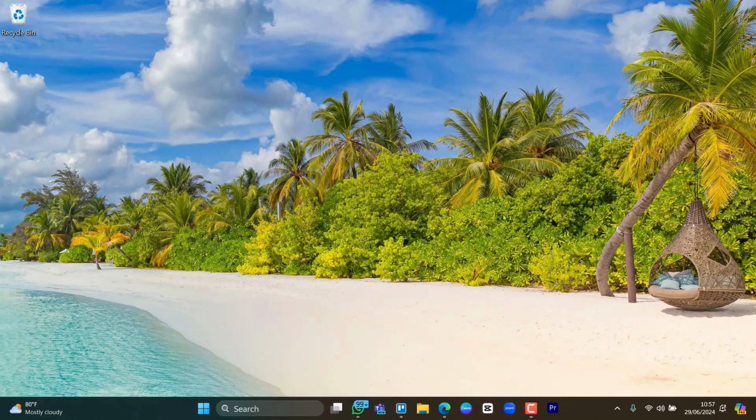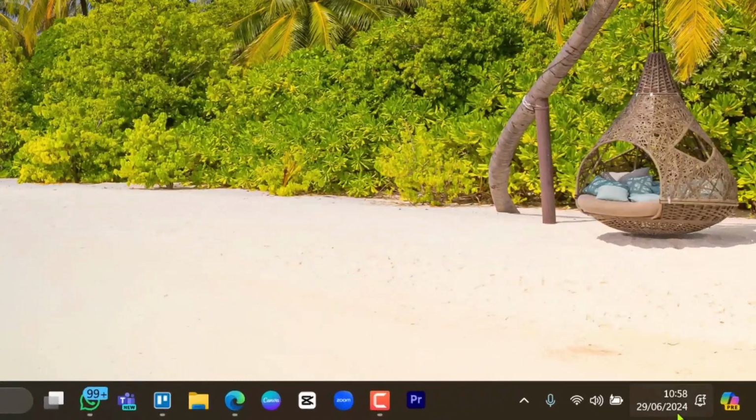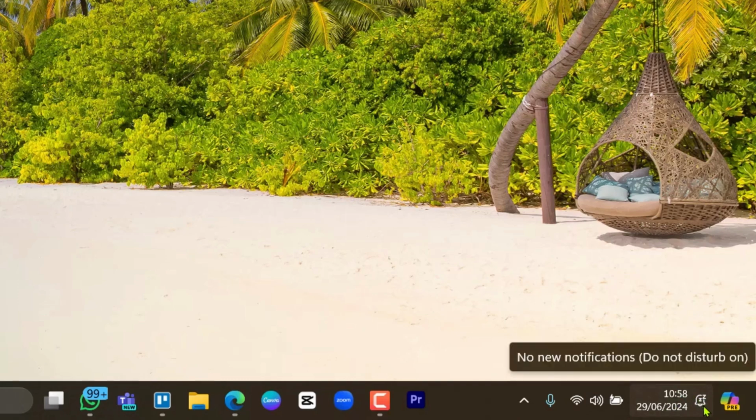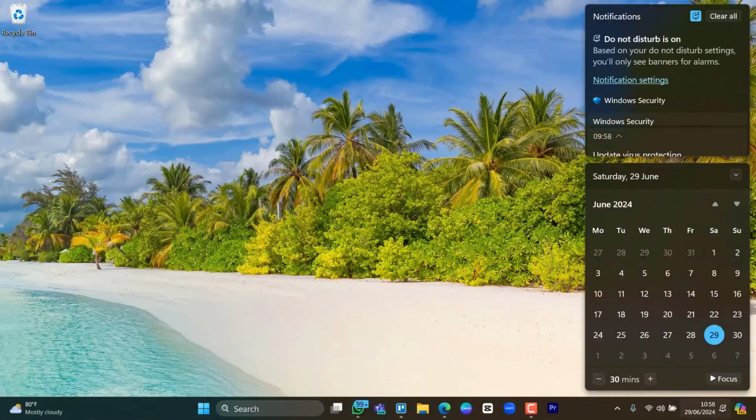However, if you would like to completely mute all apps on your Windows device, here's one very good option. So over here where you have the date, you also have the notification icon that looks like a bell. So when you tap on it and you go to the top, you're going to see that notifications has the do not disturb on. So of course, because of this recording, I have to do this, but of course you